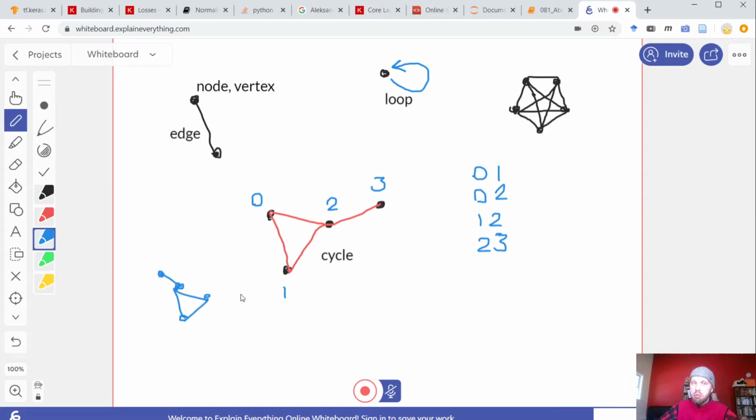They have the same shape. So the sequence in which you number the nodes doesn't really matter. It only matters that the shape of the resulting graph is what you want it to be. All right? Okay.